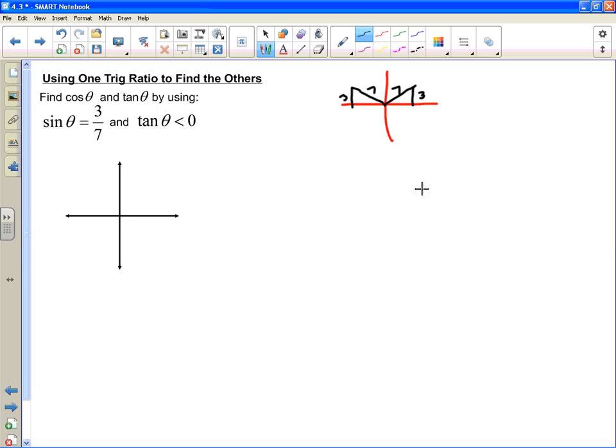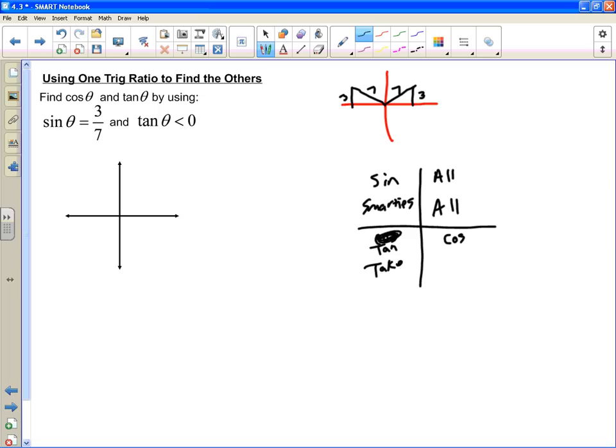And there's actually an acronym that we can use to remember where the trig functions are positive. All of the trig functions are positive in the first quadrant. Sine is positive in the second. Cosine is positive. Nope, just kidding. That's wrong. Tangent is positive in the third quadrant, and cosine is positive in the fourth quadrant. And here's the acronym, or whatever you call it. All smarties